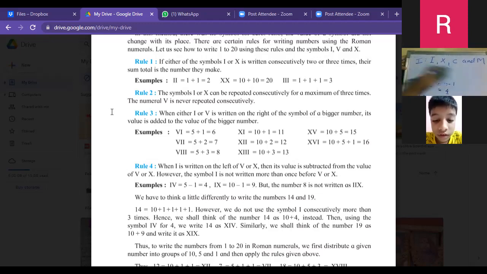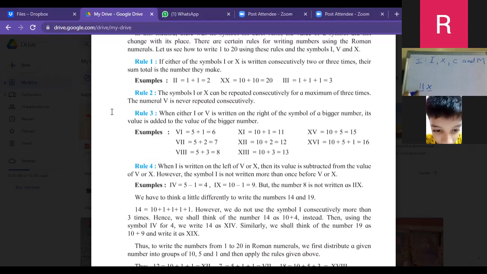Now you will tell me. You know the rules? Addition rule, subtraction rule, how to represent the Romans. You have to tell me whether we have to subtract or add. To add, the small numbers come after, so we have to add. But if the small number is before the biggest number, then we have to do what? Subtraction. This is the big one and this is the small one. If the small one is before the biggest Roman number, then we have to subtract.